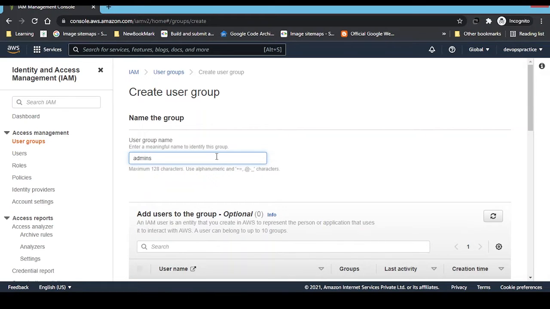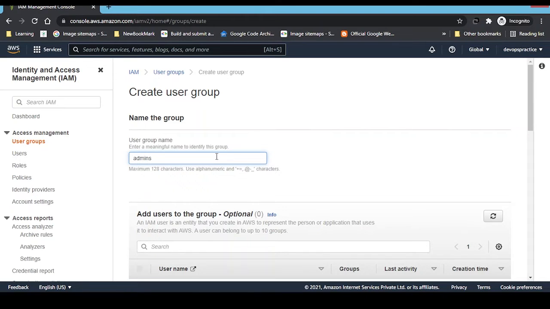This IAM user has one provision where you can create any user and allow him administrator access. But allowing administrator access to an IAM user doesn't mean that the IAM user has all the permissions which the root user currently has.